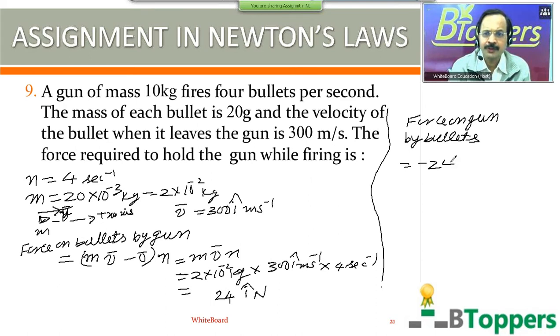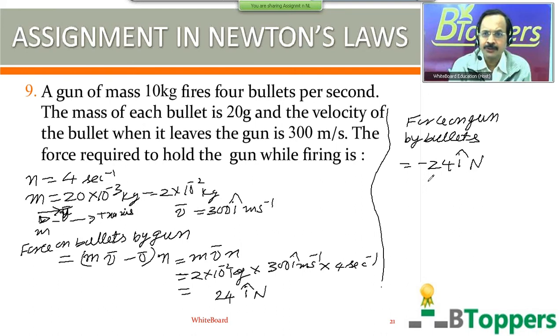That is minus 24 i cap Newton. That means the gun experiences a force of magnitude 24 Newton in the backward direction, opposite to the direction of the firing. So the person holding the gun must apply a force on the gun in the forward direction, that is the direction of the motion of the bullets, to balance this reaction force